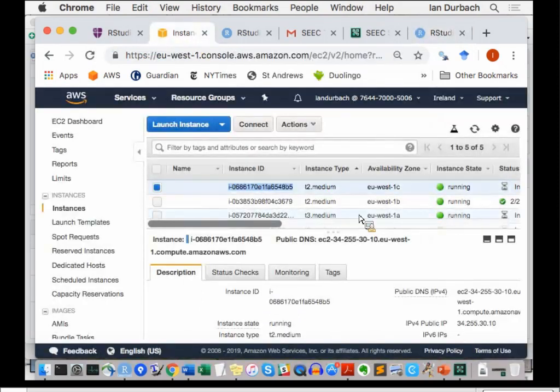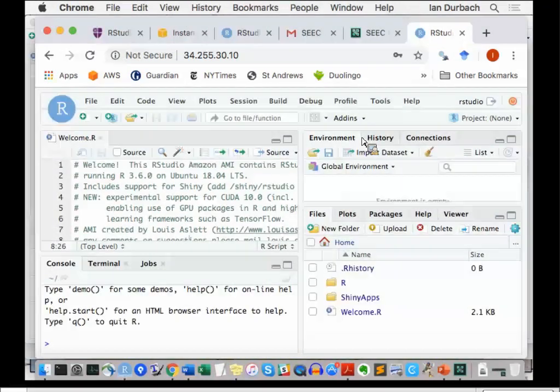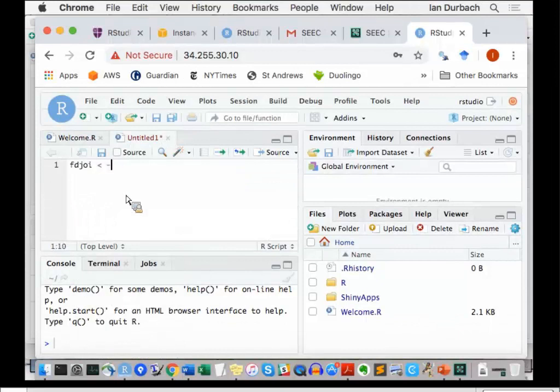I would need to do this for each of these 5 instances that I've set running, each in a separate browser tab. Once I've done this, it's similar to what RStudio Cloud did. I'm going to load something that looks exactly like RStudio, and then I'll be working on the Amazon Web Services cloud computing resources. Okay, so I can do a little bit of coding,